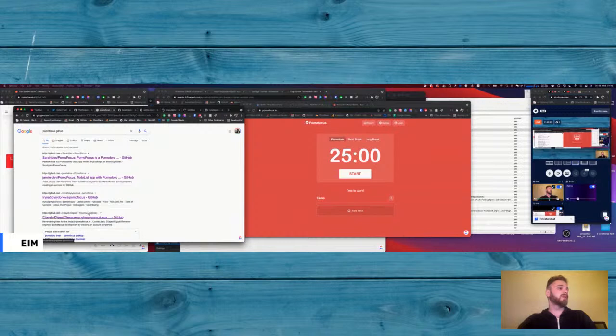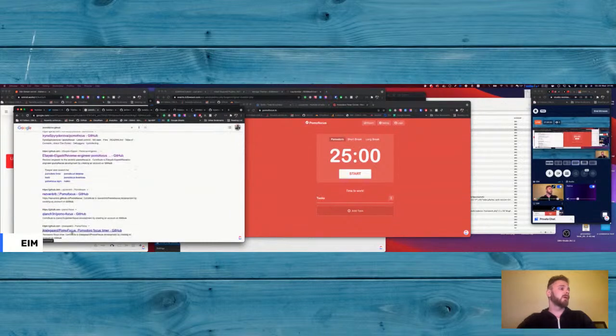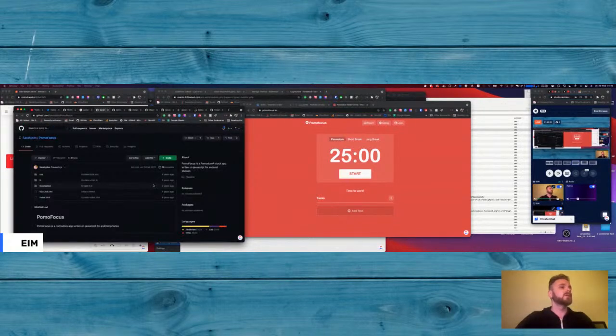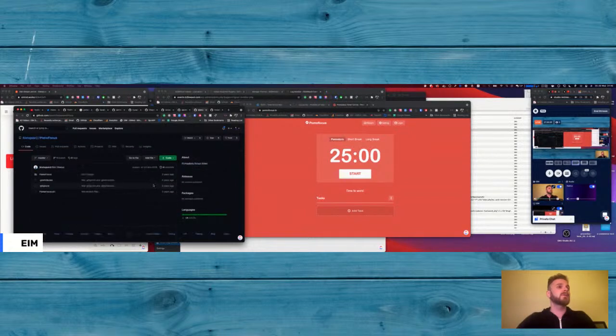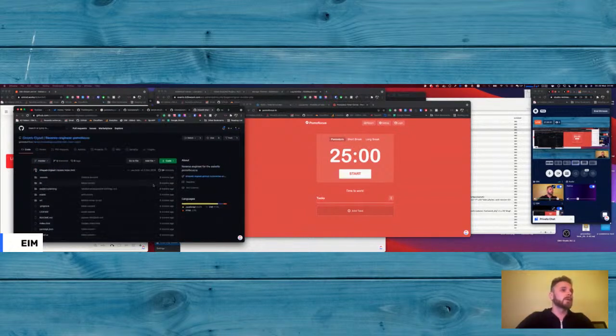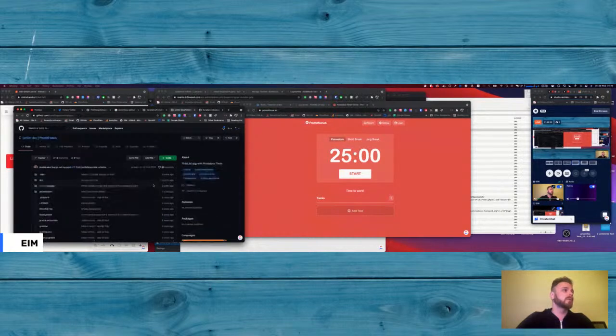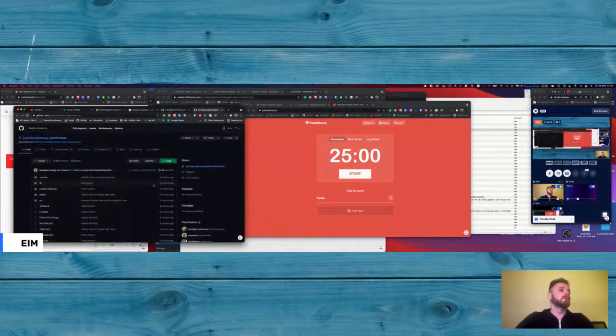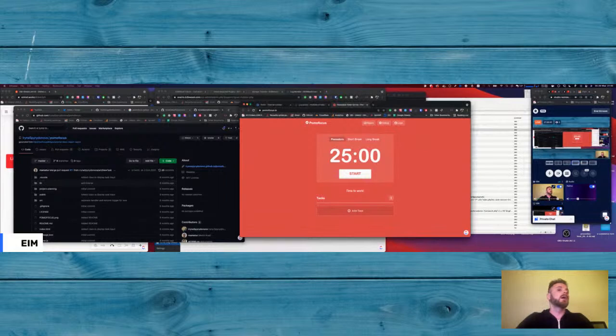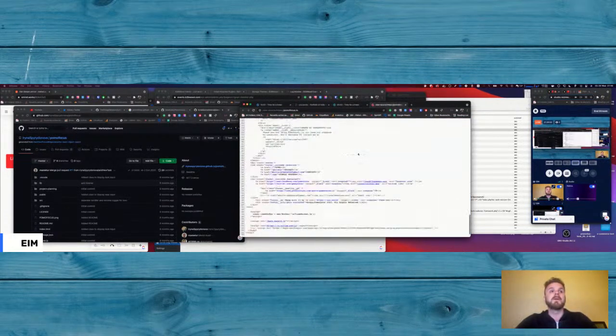Let's see, what do we have else? And I see a lot of people try to reverse engineer it and whatever. Hey guys, don't create like random forks of that. Create a pull request to actually improve this thing. You know, instead of like working on your own version, trying to reverse engineer it or hack it. So yeah, my goal is to make custom break duration here. But to be honest, I cannot be focused at this point, and I'm not sure if this is the correct.